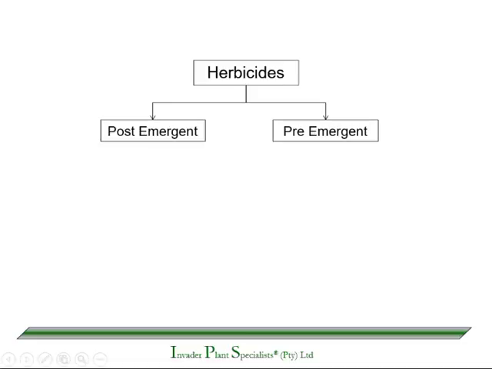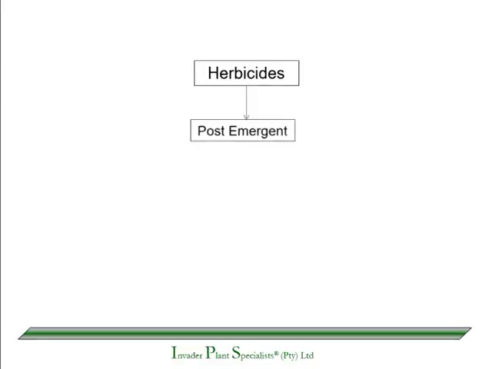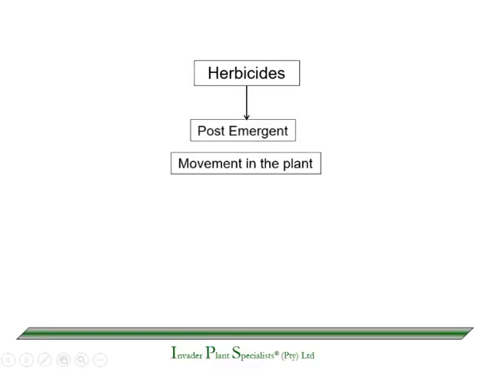These are used mostly in agricultural situations, or roadsides and industrial work, and to a lesser extent in the invasive vegetation market. So for this case, we're going to set the pre-emergent herbicides aside. We're going to concentrate on post-emergent herbicides and then break them down into the next grouping, which is the movement in the plants. How do these herbicides move in the plants? And then we have